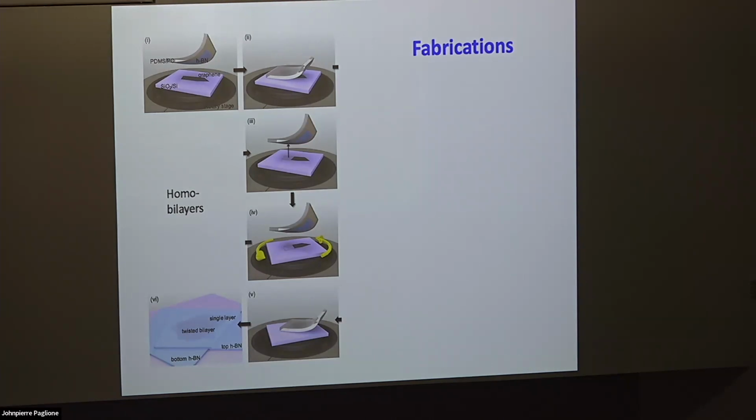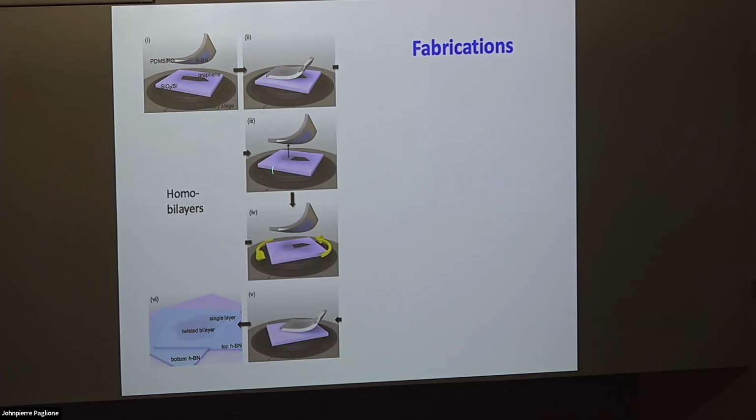So there are some differences in terms of making the homobilayers or the heterobilayers. Homobilayers, people usually just do this tear and restack method. So basically, what you do is that you start with a single layer of this material from mechanical exfoliation, this step 1 here. Then you use a polymer film to stick to half of the film,